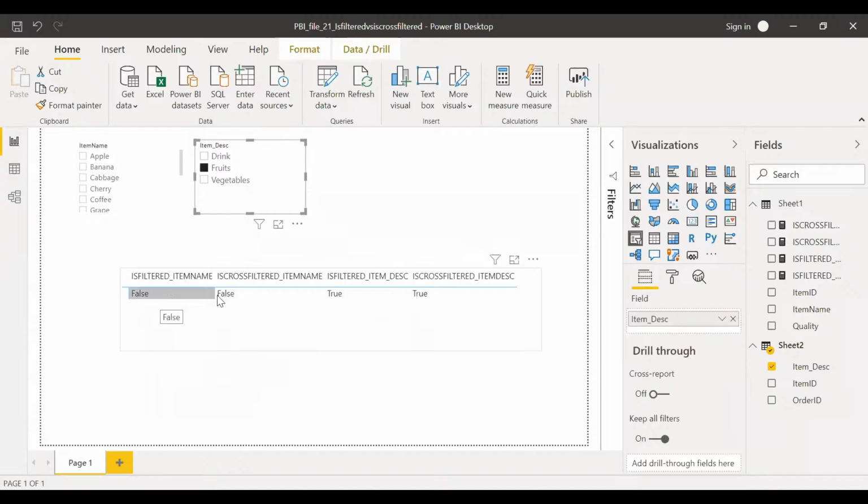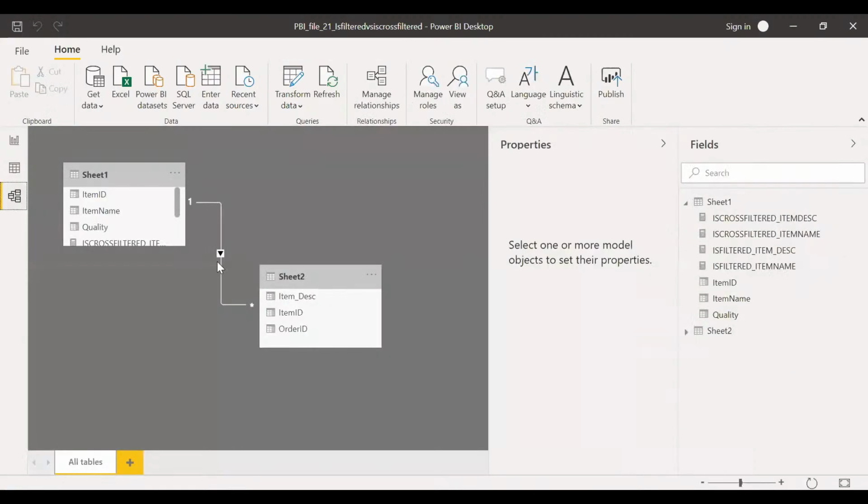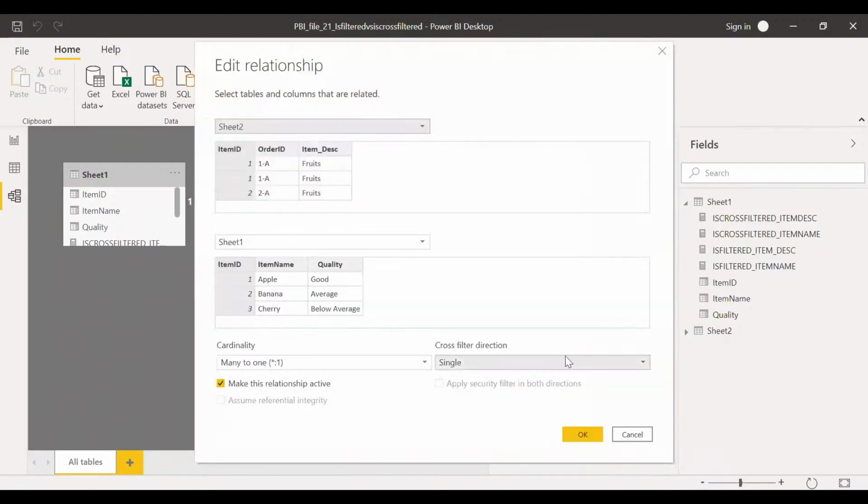The reason it's showing as false is because there is only one-sided relationship. So when we apply filter here, it doesn't get applied here. So if you want to make this as true, and if you want to apply the filter on this table by filtering this table, what we have to do is go here and make this relationship as two-sided. So here, cross filter selection, make it as both. And then now if you go back